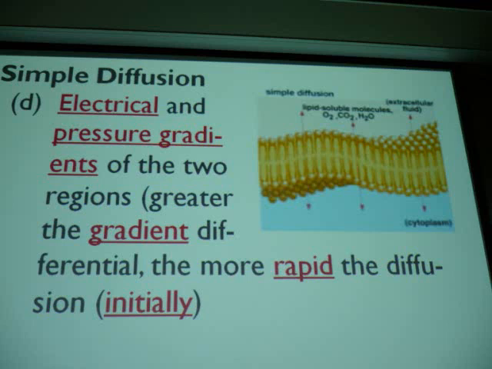Only if you're fat soluble can you just ooze on through the membrane. If you're water soluble, you ain't going through that membrane. You gotta wait for the pores to open and you go through the door. And those two chemicals up there, oxygen and carbon dioxide, they're both fat soluble. They ooze through the membrane. But water,